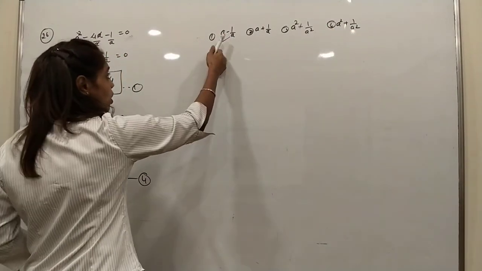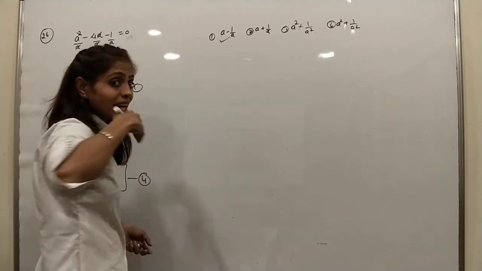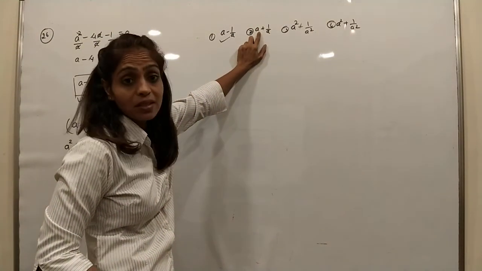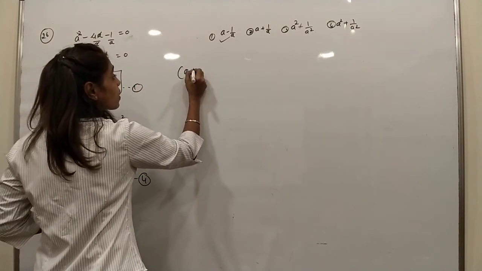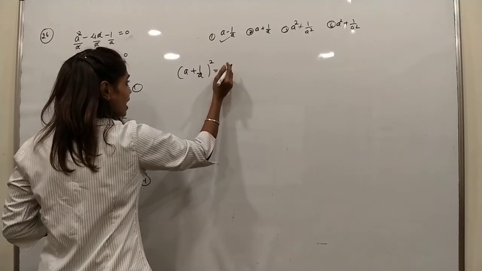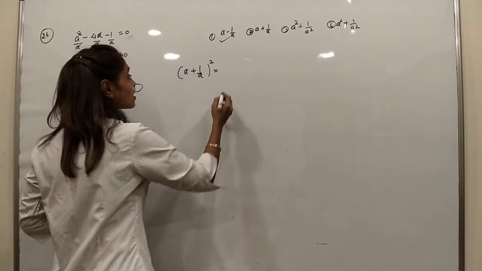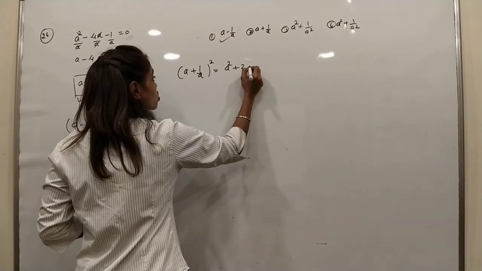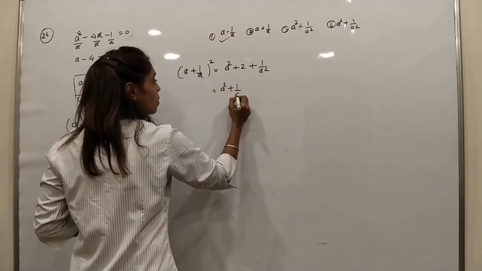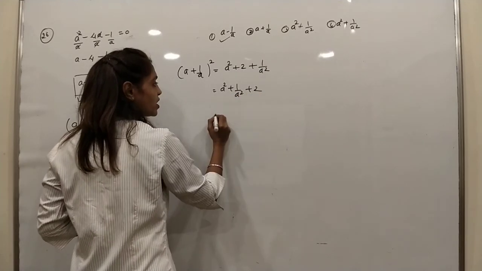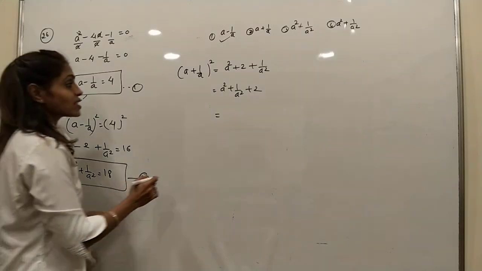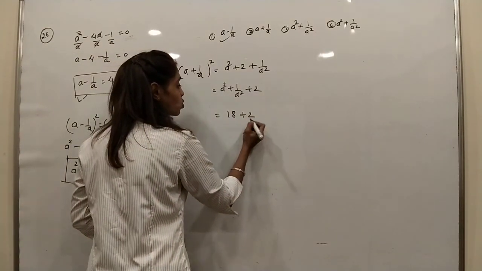Okay? From the single power we will not directly get the square, but from the square we get the single power. Now again a plus 1 upon a, but I don't have the value, so square it, and in front of it is the formula a square plus 2 plus 1 upon a square. So a square plus 1 upon a square plus 2, I just arrange the terms. But now I have the value of a square plus 1 upon a square, which is 18, plus 2.